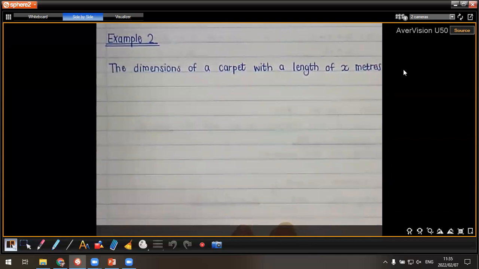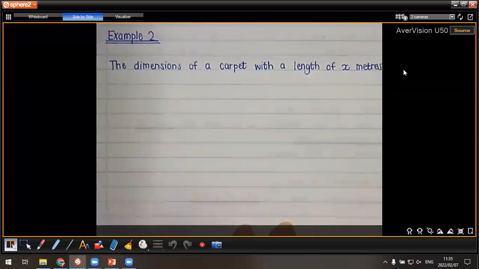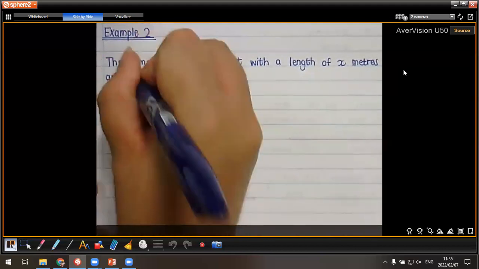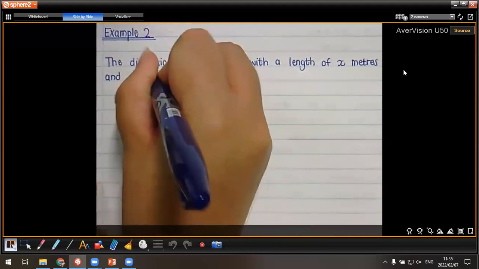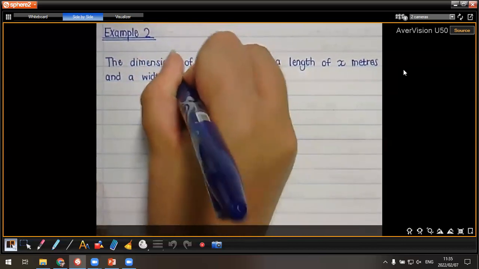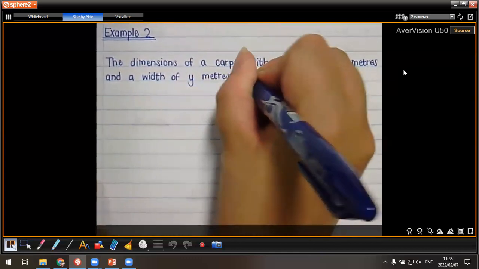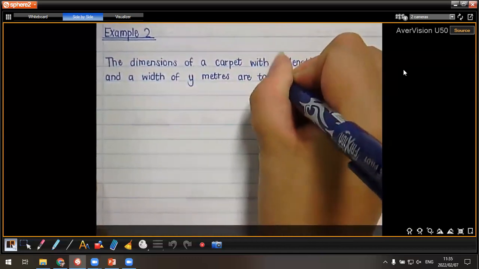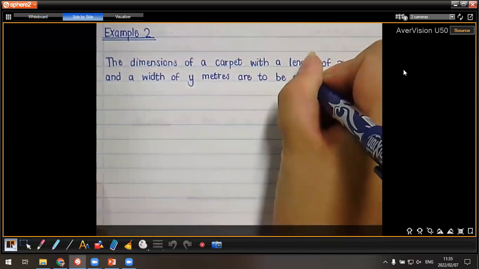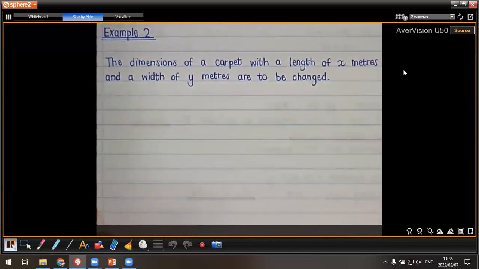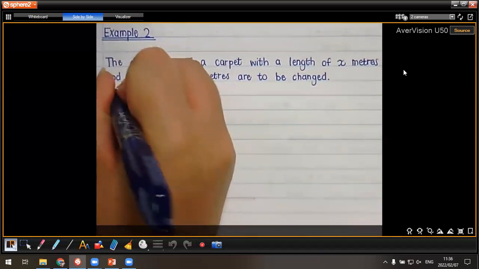In the previous one, we had to say length, the two numbers with x and y. With the length of x meters and the width of y meters are to be changed. Okay, so they're saying we have an original carpet, basically, the length was x and the width was y, but now we're changing it. So they're saying the length,